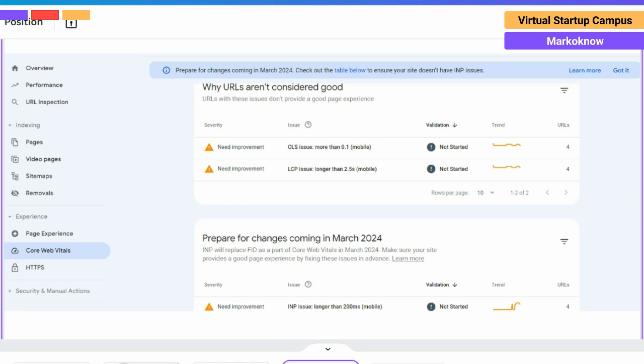teams and organizations. It goes beyond mere visibility, influencing organic traffic, conversion, cost effectiveness, data driven decision making, and overall market competitiveness. By incorporating SEO into their digital marketing strategies, organizations can establish a strong online presence, connect with their target audience effectively, and achieve sustainable growth in the dynamic digital landscape.